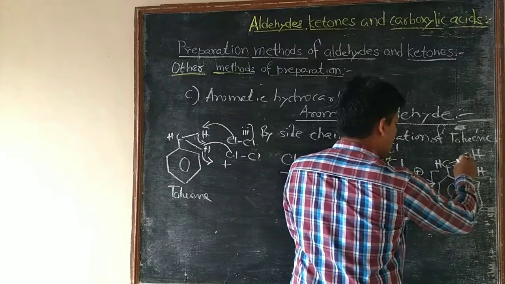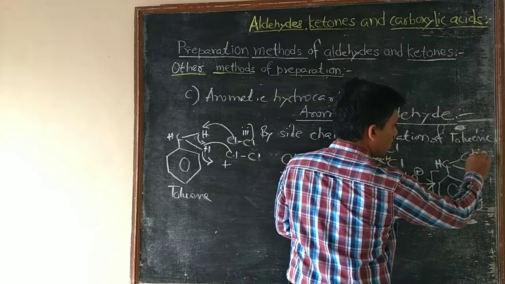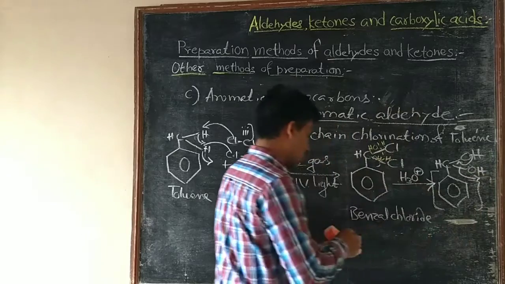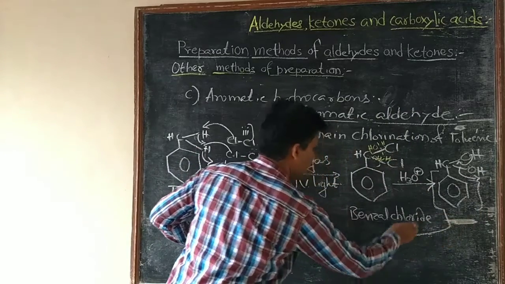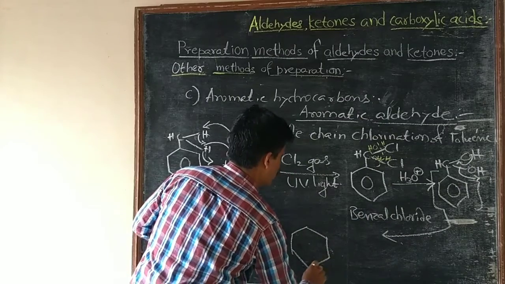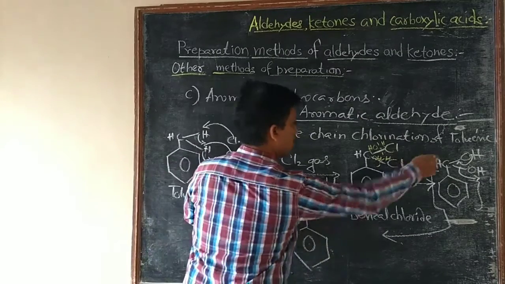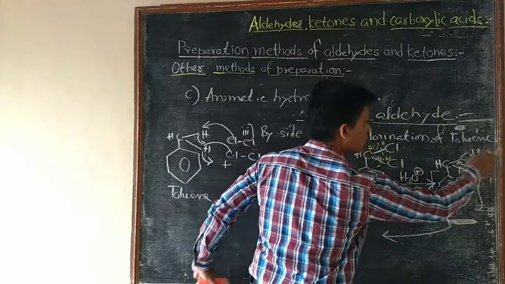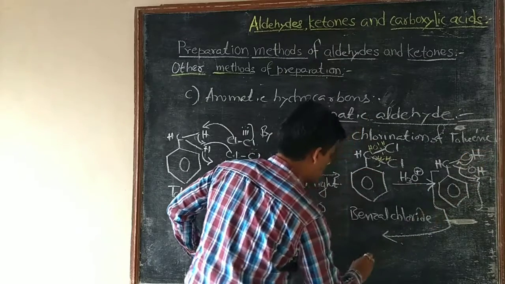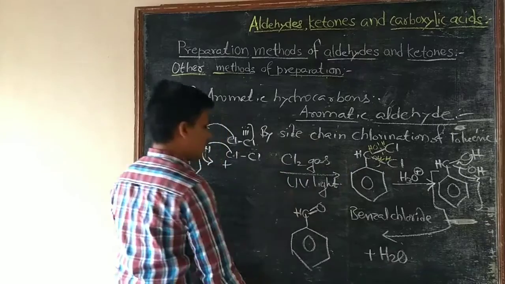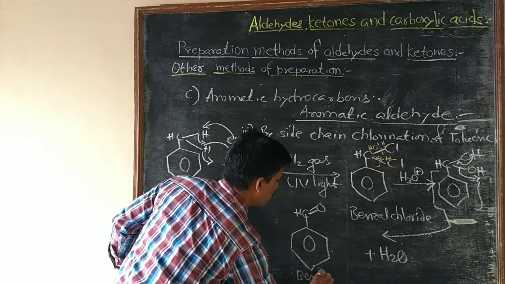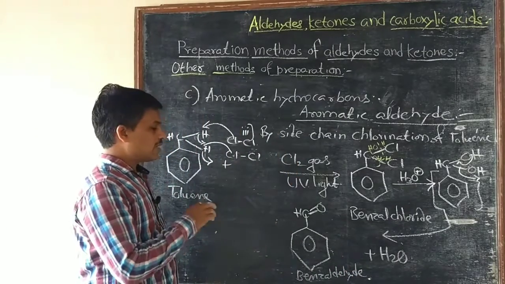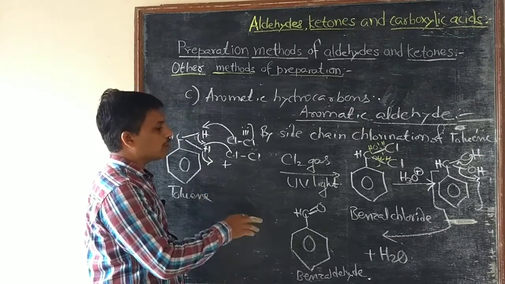It further undergoes rearrangement, that is this bond between oxygen and hydrogen goes in this way and this OH goes away with its electron pair to form, we will write here CH, and here double bond is formed, C double bond O, and this OH goes away with its electron pair and this H plus to form H2O, and this is benzaldehyde. Benzaldehyde is manufactured commercially by this method.